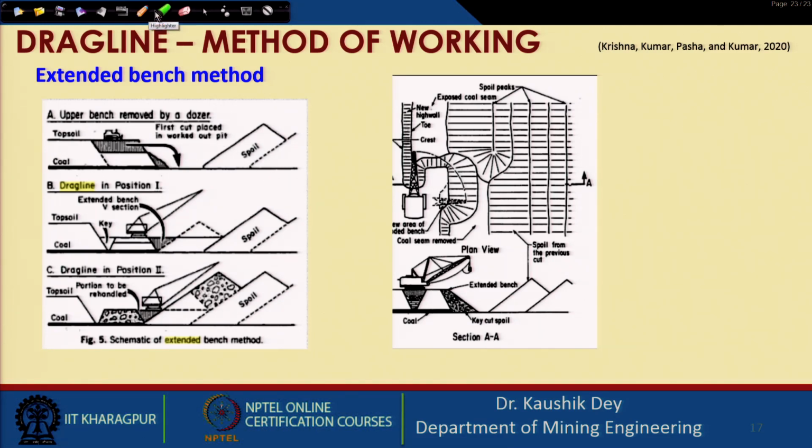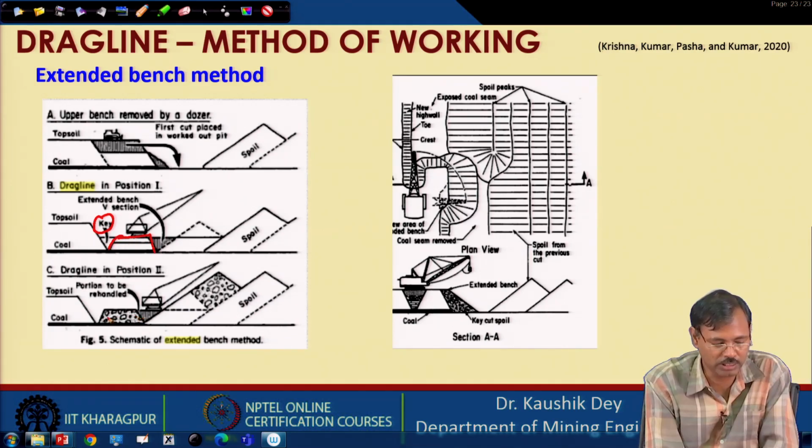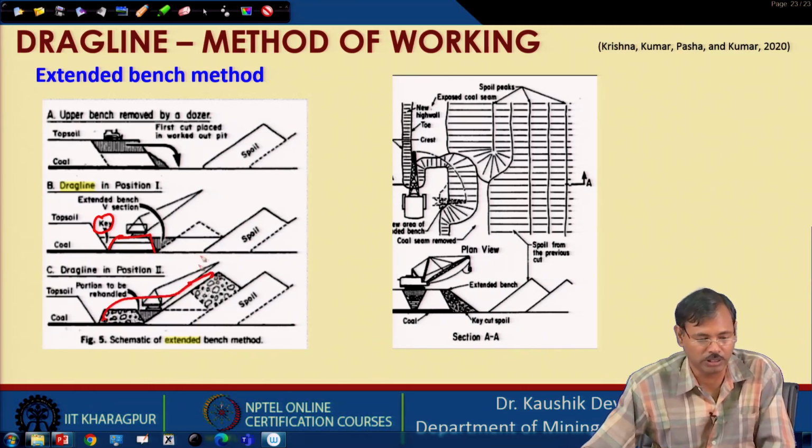There is another set of figures available with this, we will go into it at a later stage. First, the blasting is carried out and the material is found like this afterwards. So, first the dragline is used and the key cut is carried out and the extended bench is made at this position. Then the dragline is positioned on this and takes the material and sends it to this position. So, the bench is extended and then the bench material is shifted.